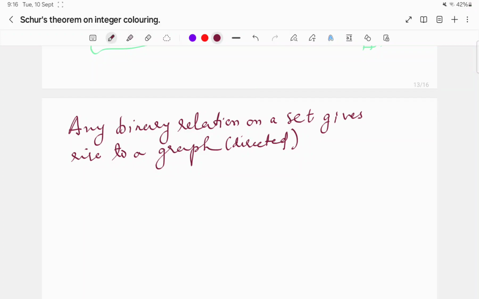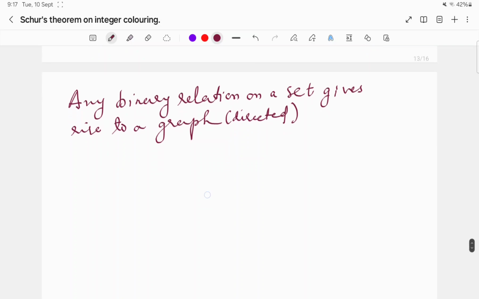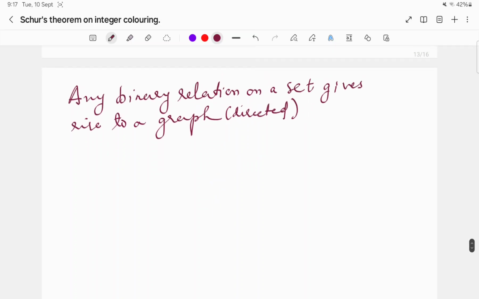In this lecture we want to talk about Ramsey's theorem, and that will help us to prove Schur's theorem, right? Before going to the theorem and proof, I just want to give some ideas to create graphs from binary relations. Whenever you have a binary